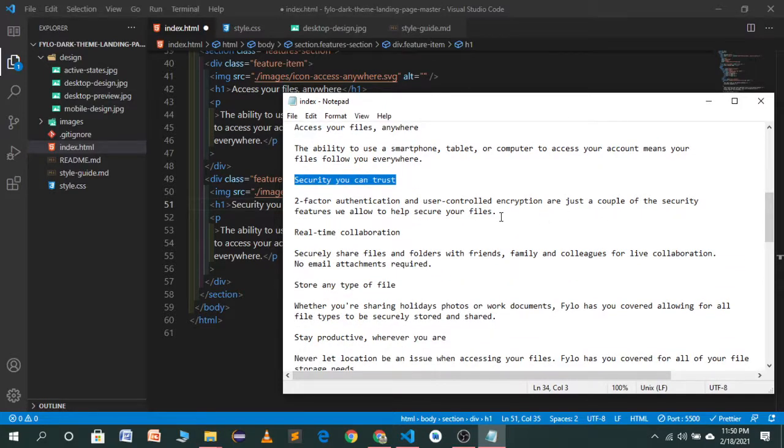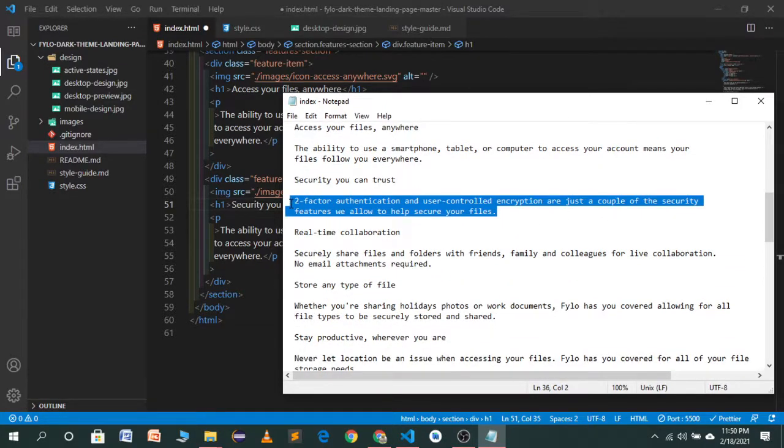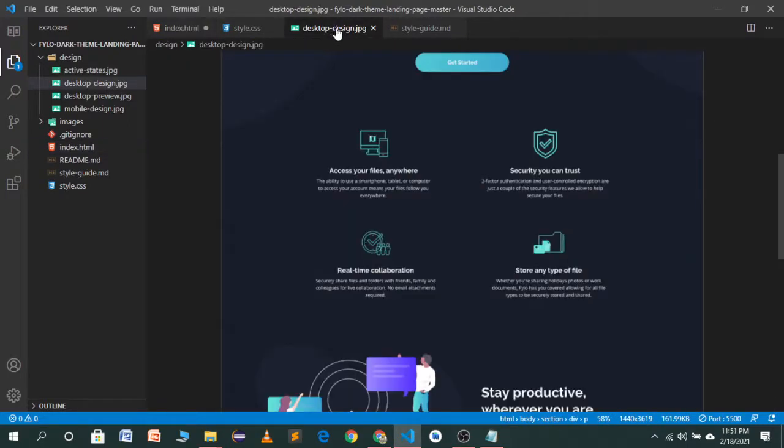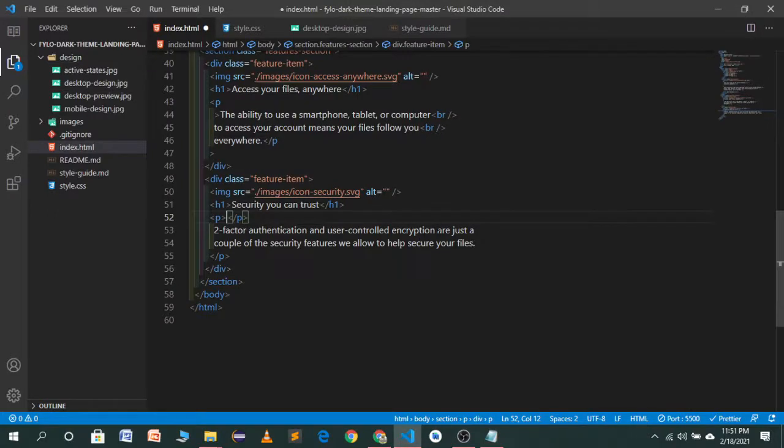Now I will copy the text, which will be p tag. So here I will use this text and save it. So let's go to our demo, and here you will see we want a line break after our and help. So after our I will use a br tag.